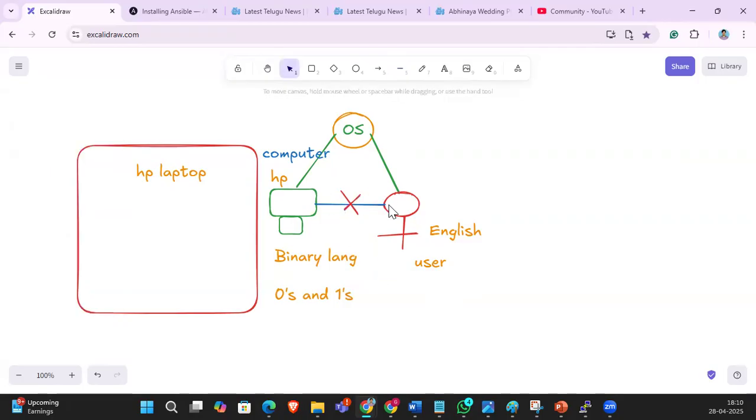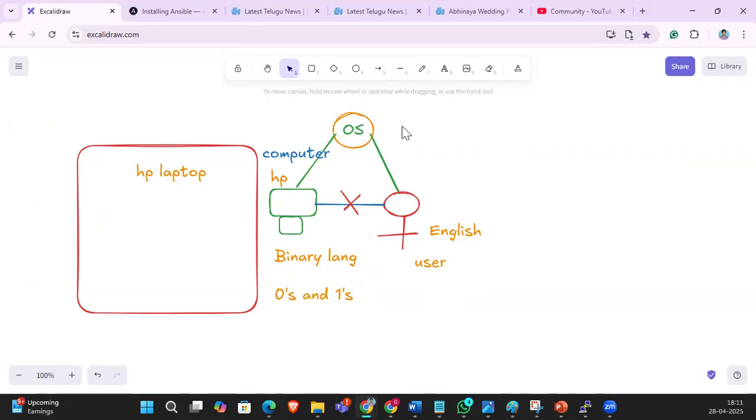The same way, hardware doesn't know the English language. Are they able to communicate with each other? No, right? Because hardware knows only binary language, user knows only English language. So we need a mediator to communicate with our hardware, right, guys?